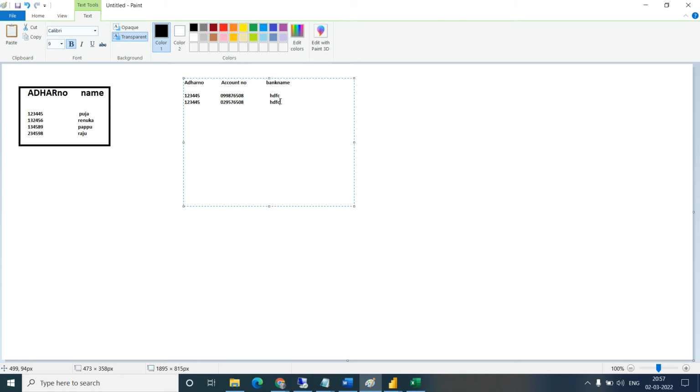And they have created an account in Kotak. Add one more, 1 3 2 4 5 6, and the account number is like 3. This person has an account in SBI bank.